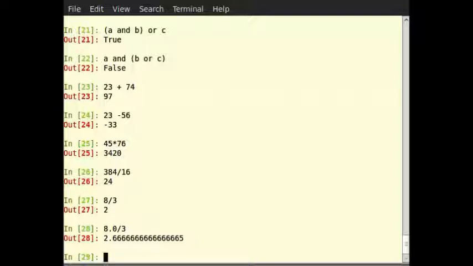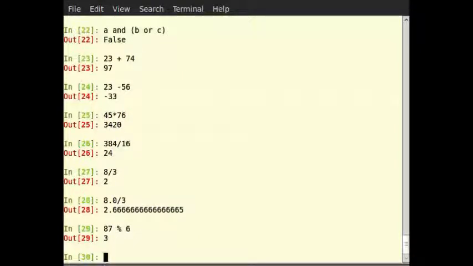Let us move ahead with the operators. Percentage sign for modulo operation. So type 87 modulo 6, hit enter, and 2 stars for an exponent. So type 7 star star 8